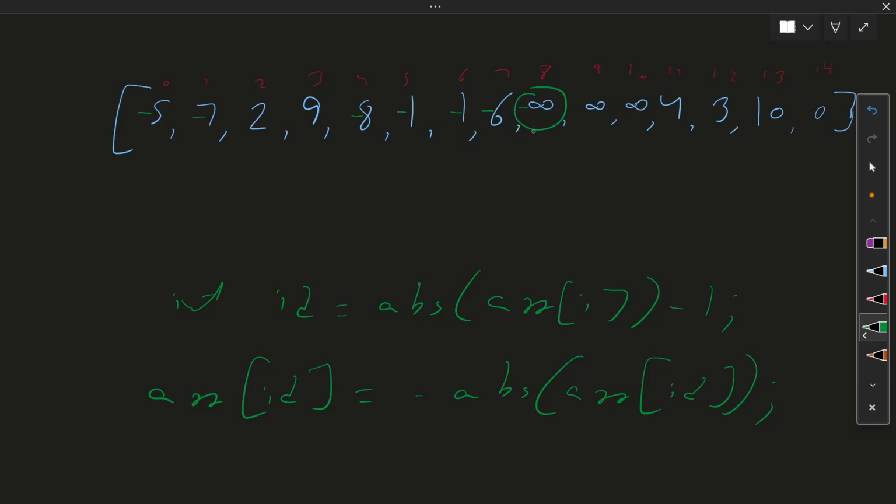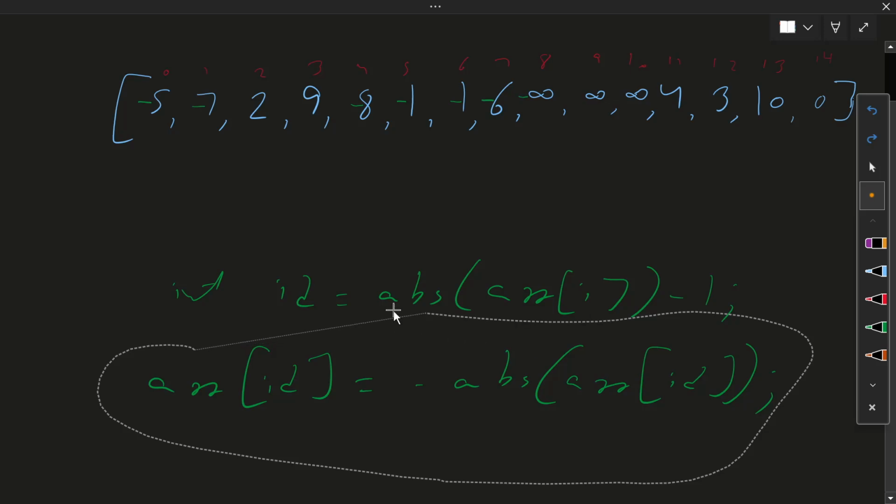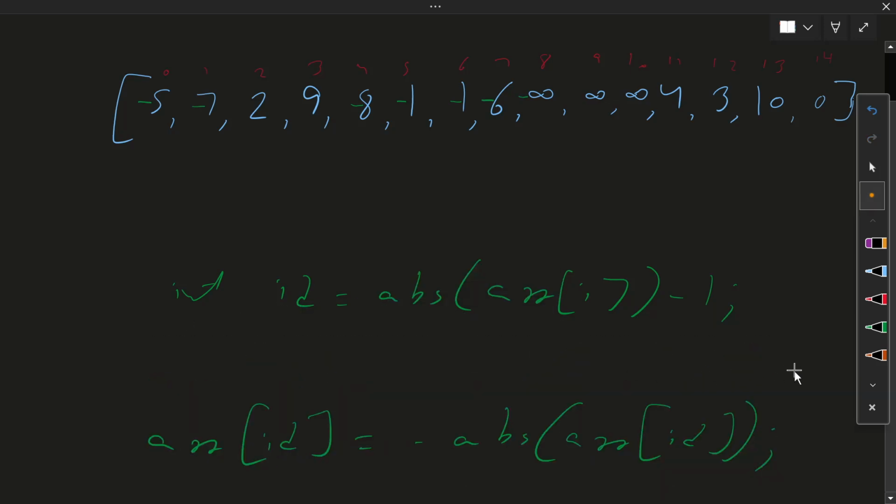For this number, this is out of bound, so before doing this we need to first check, we got this id, then before doing this operation, this step, we need to check if id is less than or equal to 0 and id is less than n, then only do this step,